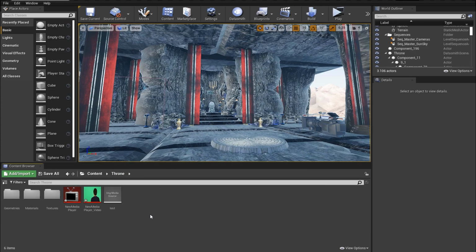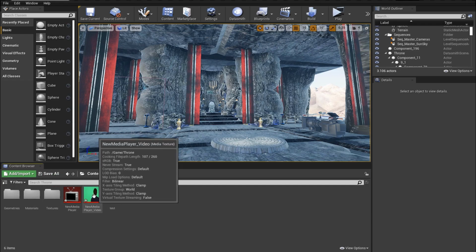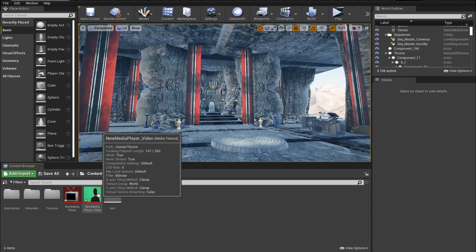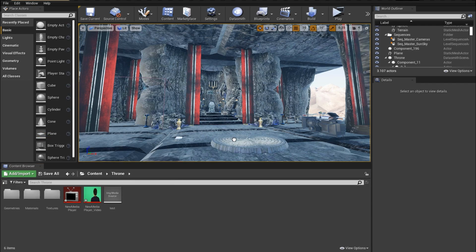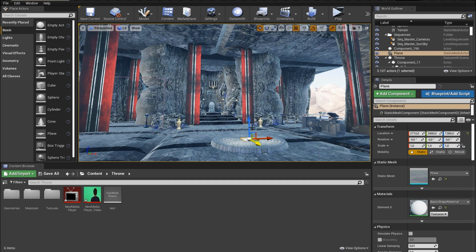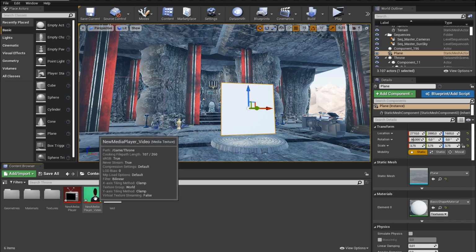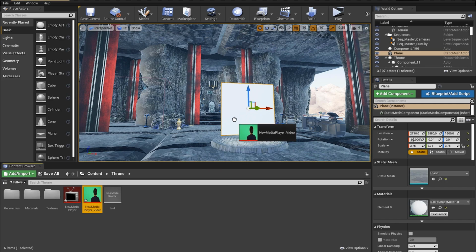After that, you're going to need an object that you can place the green screen footage onto. In most cases, you would simply use a plane for this. Just drag this into the environment. And now you're going to have to rotate it and also scale it to make it bigger. Now, once that's done, you can drag your media texture onto the plane,